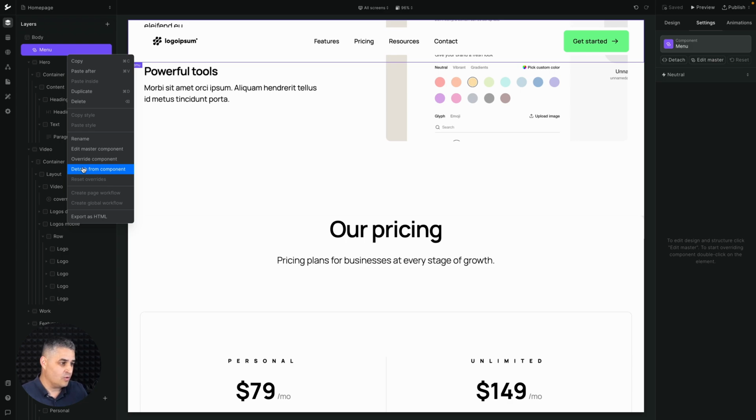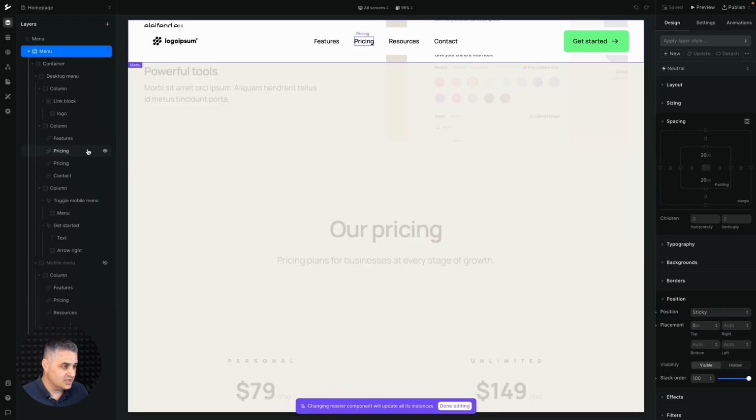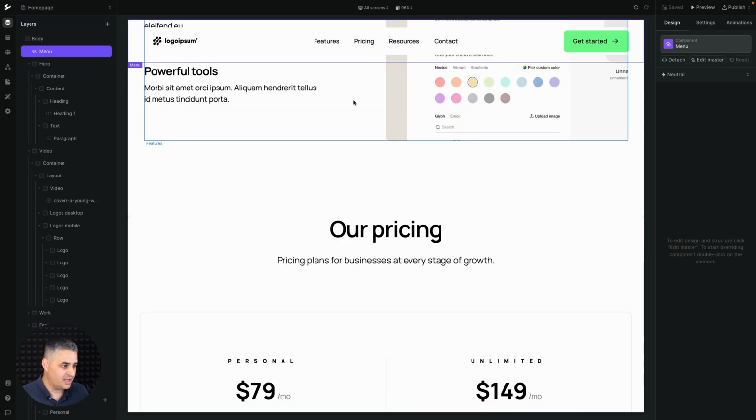Now I'm going to go over the components in another video, but let's hit edit master components just so you see that now we go into that component here. We don't see that specific page's elements. We don't see all the elements, etc. We just see this specific component and its elements. We edit what we want to edit. In this case, it's the menu over here. And when we're done editing, we go ahead and click done editing, and we go back to the pages,